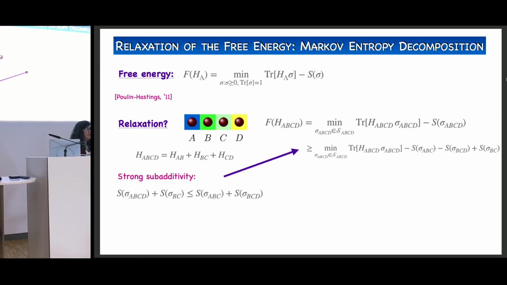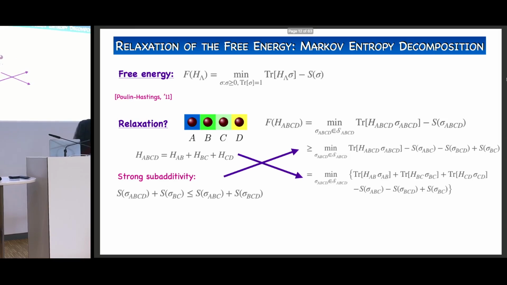With the first term, we can exploit the fact that we have a local Hamiltonian. We have a Hamiltonian that is a sum of these 3 terms. That means essentially that now I can rewrite this trace by inserting this sum and then changing the support of each of these sigma by tracing out the corresponding part that is out of the support of the H. So I can rewrite this first term as trace of H_AB sigma_AB, and so on and so forth. Until here, so far so good.